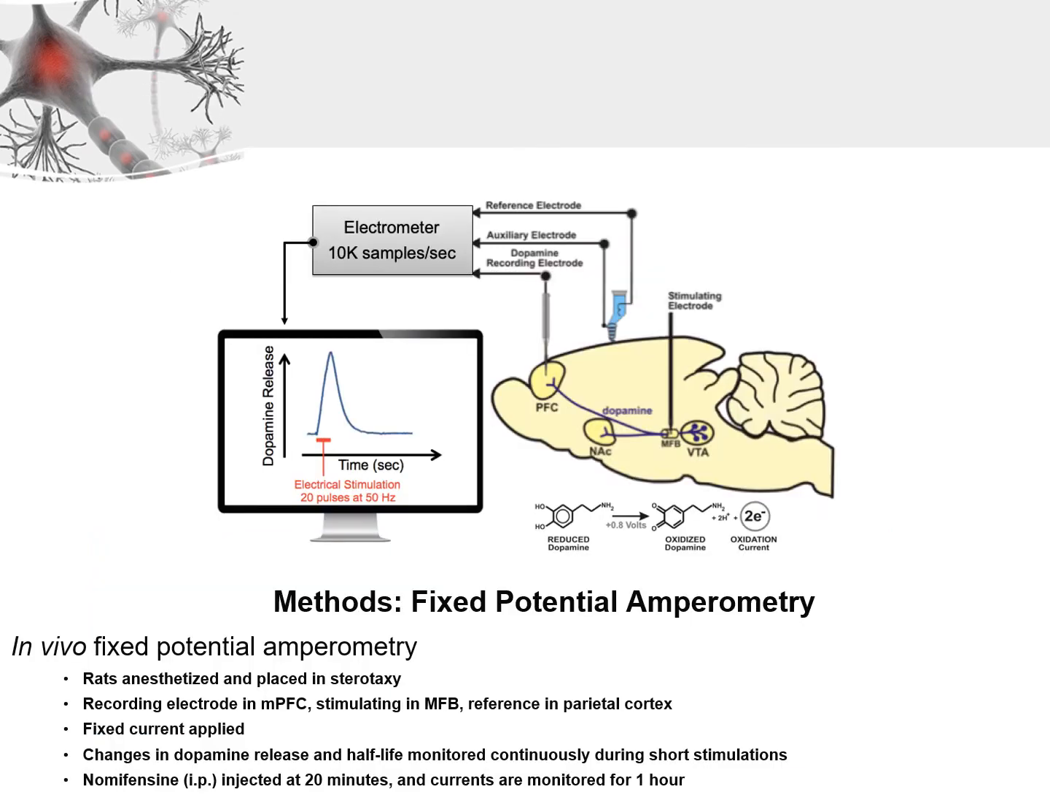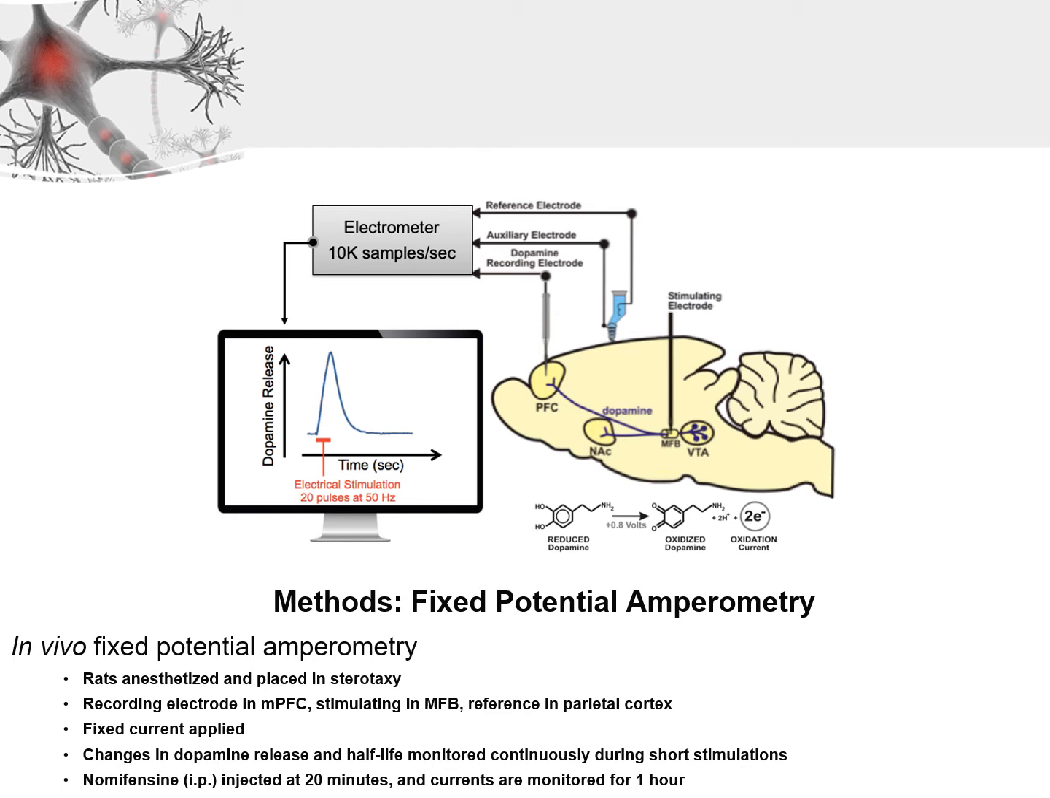In vivo fixed potential amperometry with carbon microfiber electrodes has been established as a valid technique for the monitoring of stimulation-evoked dopamine release of the medial prefrontal cortex in real time. To accomplish this, rats are anesthetized using 2 urethane IP injections and then placed in the surgical stereotaxy setup on a heating pad to maintain temperature. Here, with the help of stereotaxic carriers, we place a carbon microfiber recording electrode in the medial prefrontal cortex, a stimulating electrode in the medial forebrain bundle, and a reference electrode on the surface of the parietal cortex contralateral to